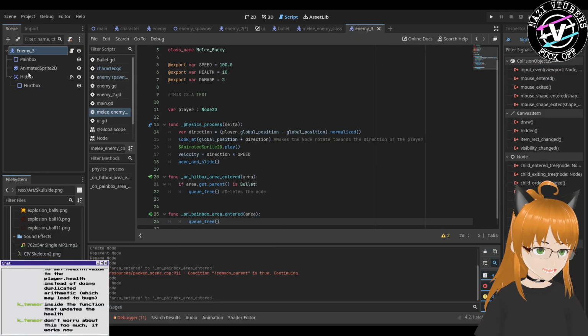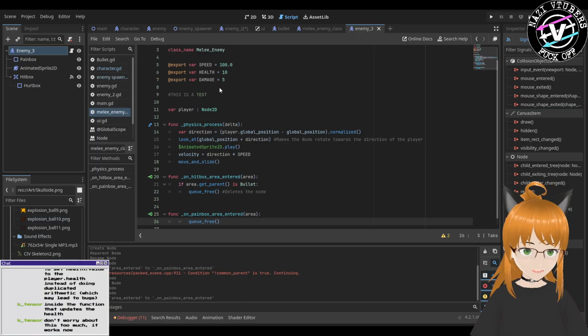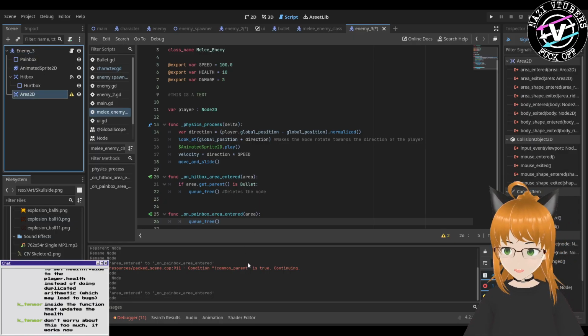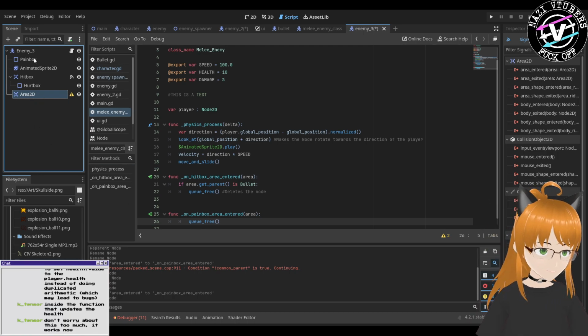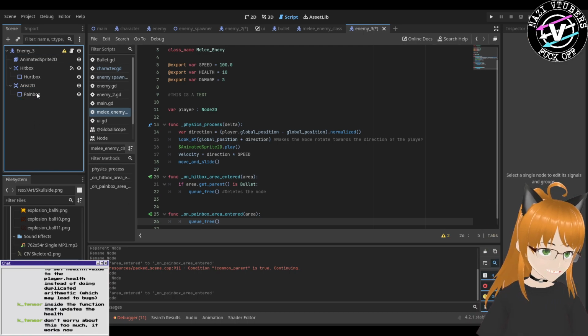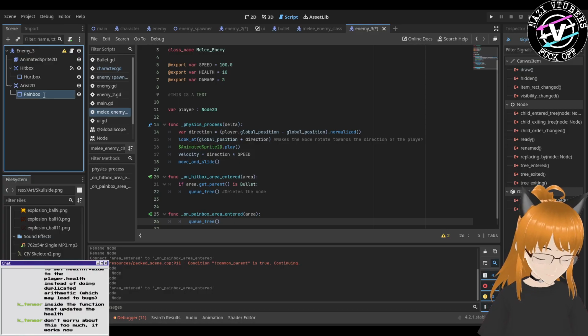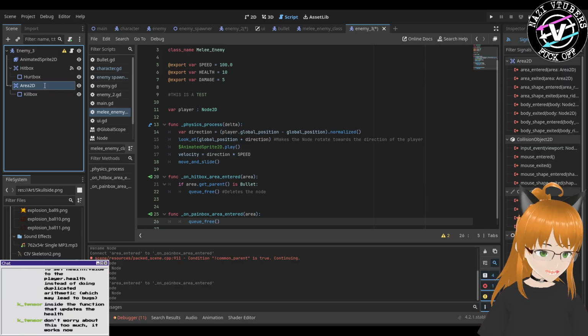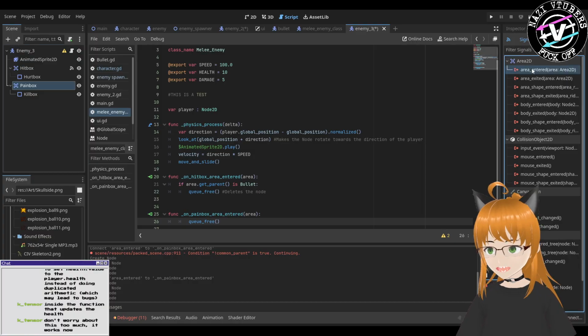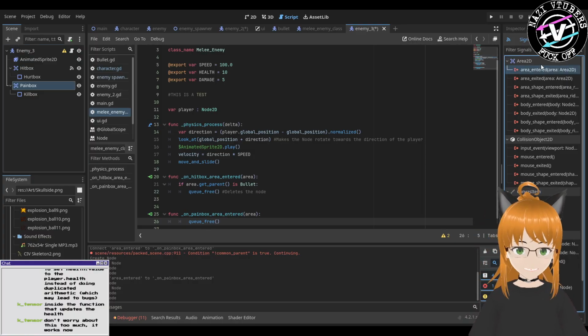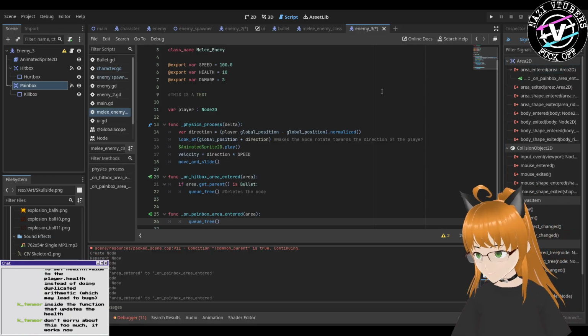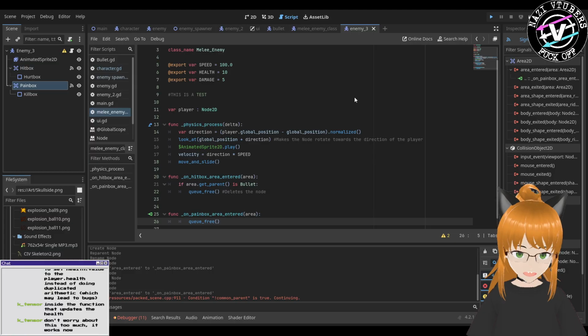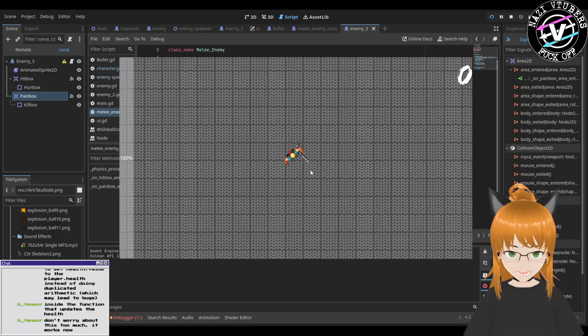Actually, I really like that Godot is smart enough that when I do it like that, I'm just putting this around, renaming this to kill box because it dies, and then this one is the paint box. See, it's not connected, but now I can just say connect, and then it's like, oh, you want to connect to on paint box area entered? Yeah. So now, since those are different,